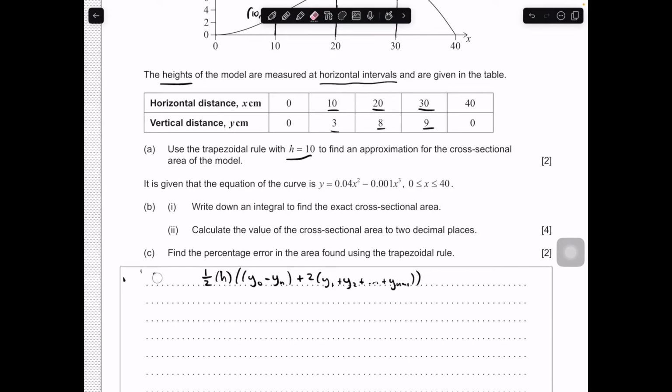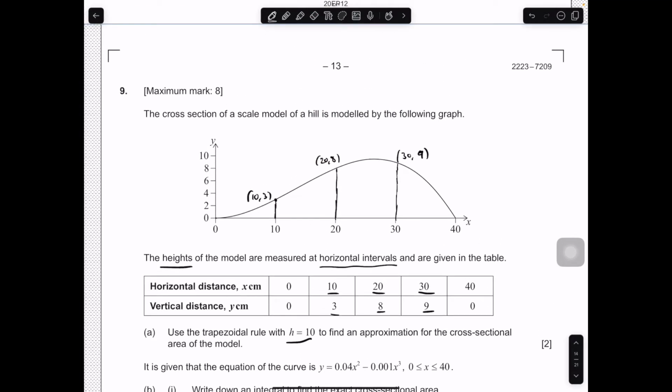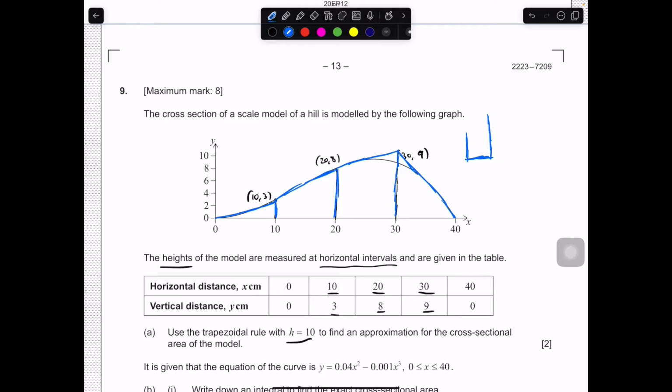So we want to find the area under a curve, and we want to do it by using a set of trapezoids. If you forget the trapezoid rule, we know that we have a set of trapezoids. One trapezoid here, one trapezoid here, and you can calculate them manually if you want. Remembering that, for example, if we have a trapezoid, and we're just going to flip this one on its side so it looks like the ones we have here. And this is also given in your formula booklet. If we have A, B, and H,